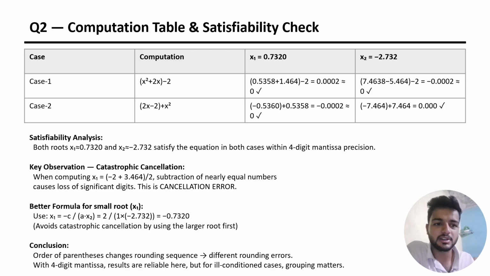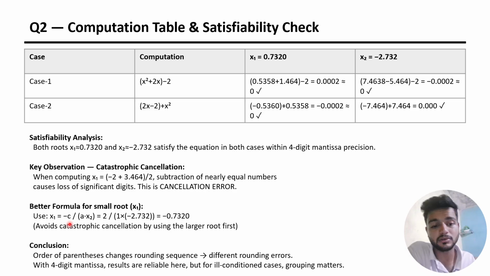So question number 2 is the computation table and satisfiability check. In case 1, x1 becomes 0.7320, which is approximately 2, thus it is precise within a 4-digit mantissa. Key observation: catastrophic cancellation. When computing x1, subtraction of nearly equal numbers causes loss of significance. This is cancellation error. A better formula for root x1: